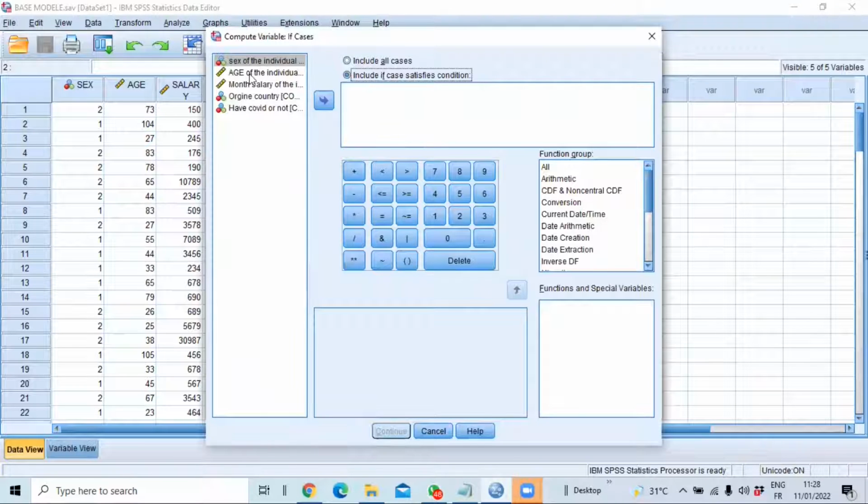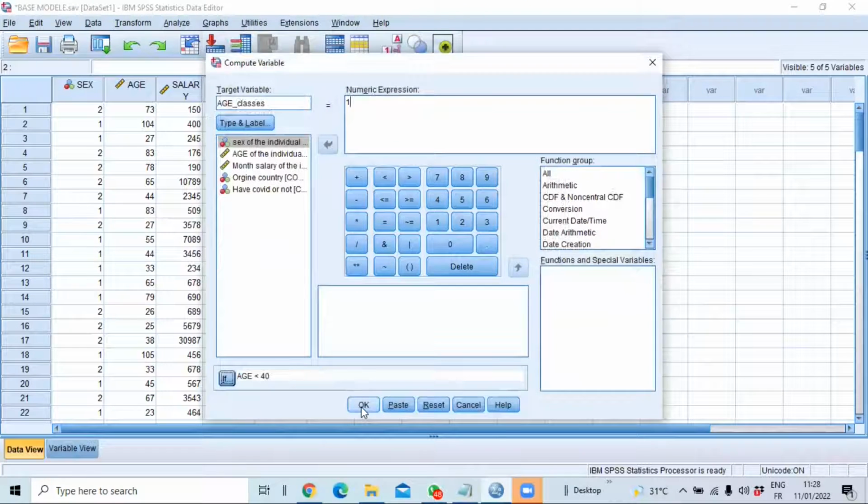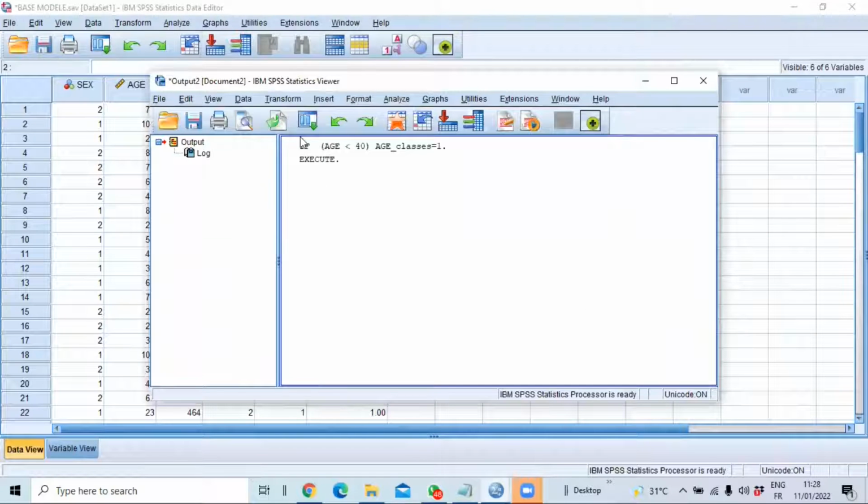We will select our variable age, and use this arrow in order to put it into the variable section. We will require our variable, to be in our first class, to be less than 40 years old. So we click on Continue and then click on OK,